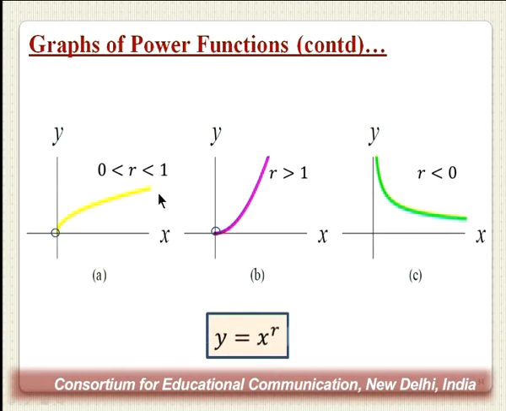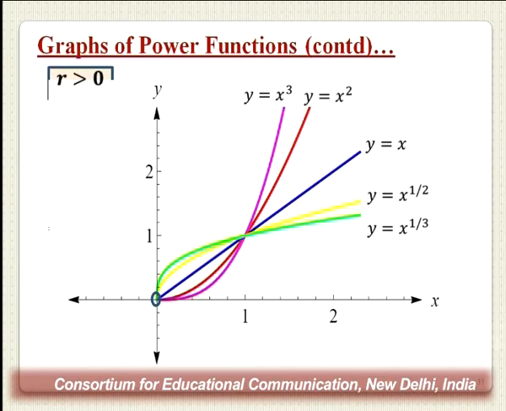Here we could also take two corner points. For example, what happens if r is equal to 0? Then we get x to the power 0, which is 1, and that will simply be a constant function, a line parallel to the x-axis at y equal to 1. Similarly, if r is equal to 1, that will simply give us a linear function, a straight line. And here we have a whole family of power functions, and a colorful one at that.